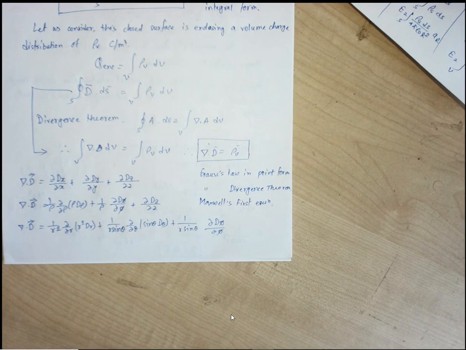Most probably you know the relation between the electric field intensity and the electric potential difference, right? V is equal to minus the integral of E dot dl. So from this concept, we are supposed to have another Maxwell's equation. There is a concept called the conservative nature of the electric field.